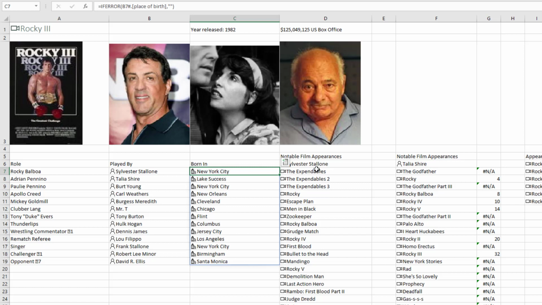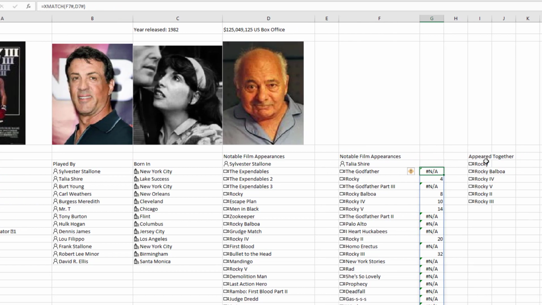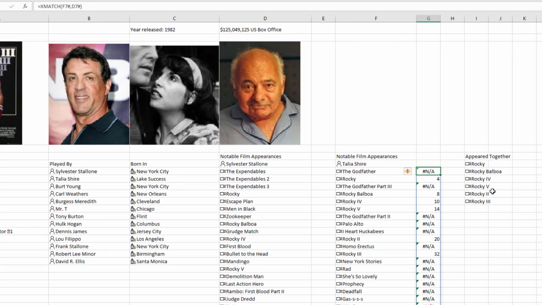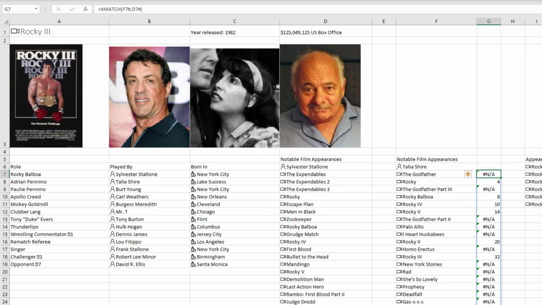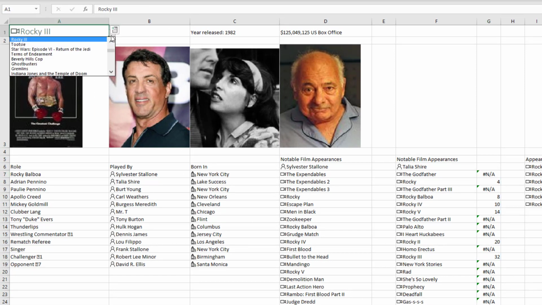And then taking the first actor, Sylvester Stallone, one formula here, D6.NotableFilmAppearances, and then the second billed actor, Talia Shire, notable film appearances, and then a little XMATCH here to see if they had any movies in common. And in this case, it was Rocky, Rocky Balboa, Rocky 4, Rocky 5, Rocky 2, Rocky 3, they all had in common. Right, so this cool little dashboard. But then what's awesome about this is I can now come here and I have a whole list of movies from the 80s to choose from.